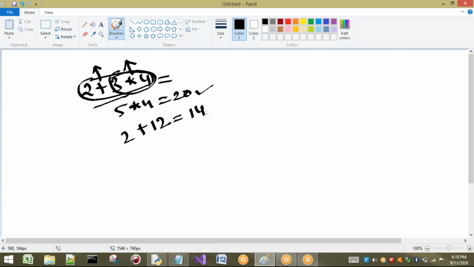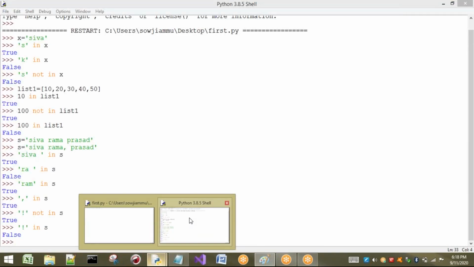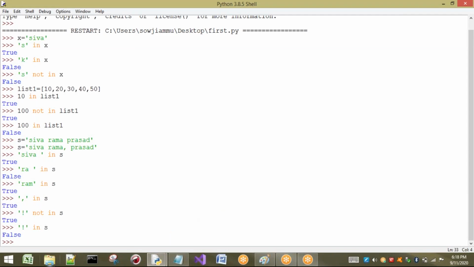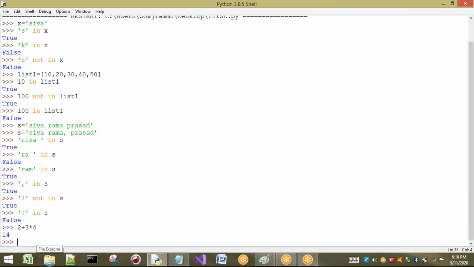Let us see whether this expression gives 14 or 20. 2 plus 3 into 4. The answer is 14. It is not 20. So before completing the concept of operators, we should understand the precedences also.